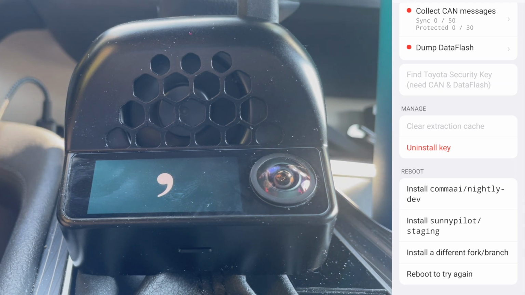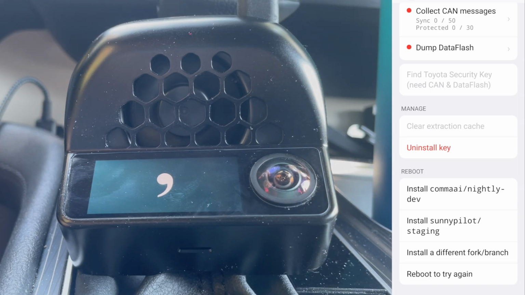So if you have a 2024 Sienna, you need to install SunnyPilot staging, go to the vehicle tab and choose 2021 to 23 Sienna manually. It could be that by the time you watch this video, the fingerprints for 2024 Sienna are already entered into OpenDBC, such that Comma AI Nightly Dev also has fingerprints for it, which means it'll just work out of the box too. And all of these are just fingerprinting and carporting issues that will be solved over time. So hopefully by the time you watch this video, all those are already solved.